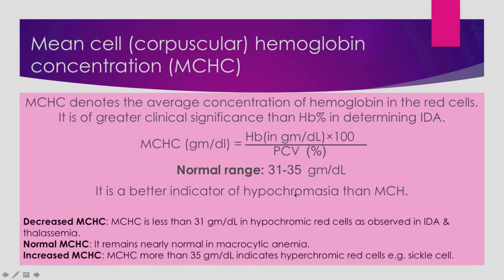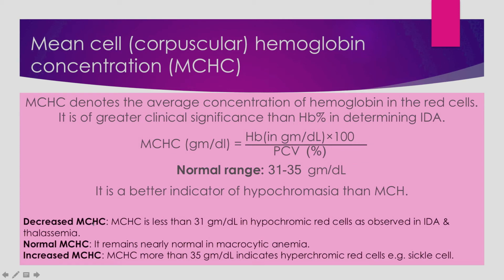Hypochromasia: chroma means iron, hypo means less. Whenever the iron is less, that condition is called hypochromasia, and this is very easily reflected in the RBCs. Normal RBCs are generally red, but iron deficient RBCs, or you can say hemoglobin deficient RBCs, are pale in color. That is why they give paleness to the body also. So hypochromasia is better indicated by the MCHC levels.